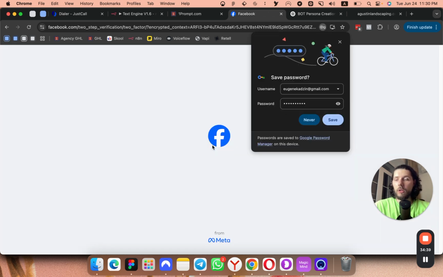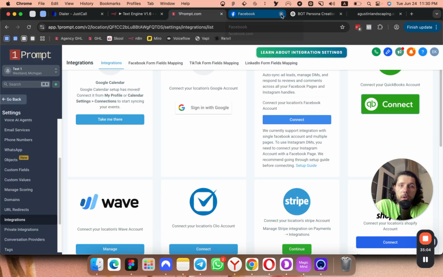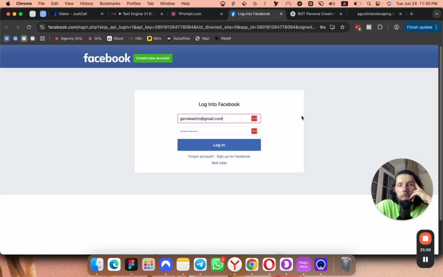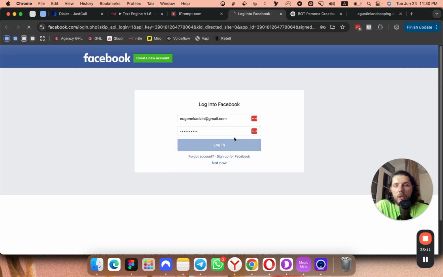So here, we're logging in. Again, you can do the live chat for the testing. You can do the SMS. I would suggest you get the number as soon as possible. But yeah, we can do the Instagram because you don't need any verifications here. I think we got it, because I reloaded the page, so it was bugging. So let me come here,